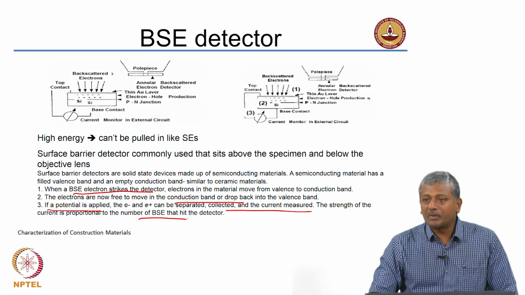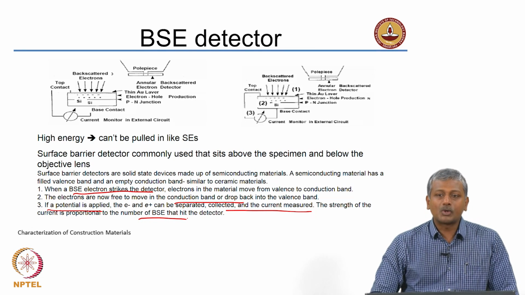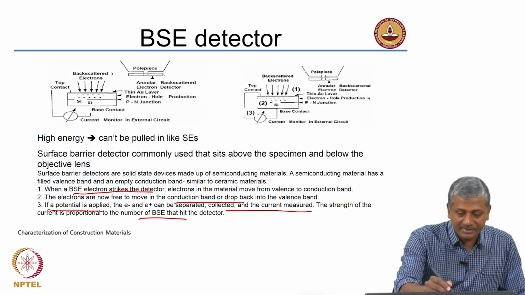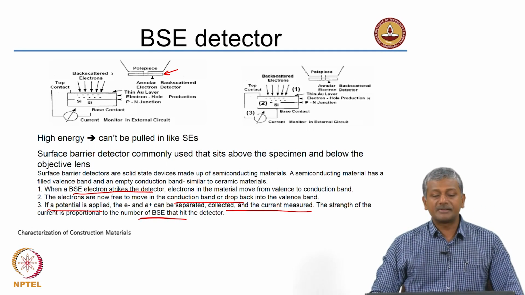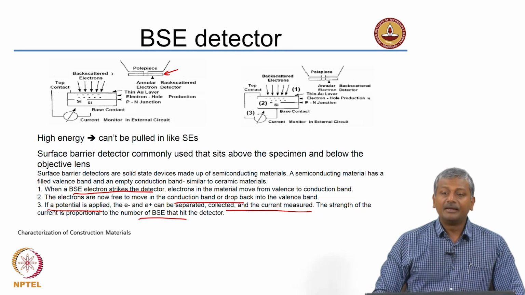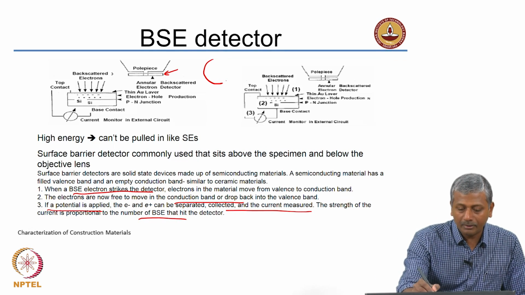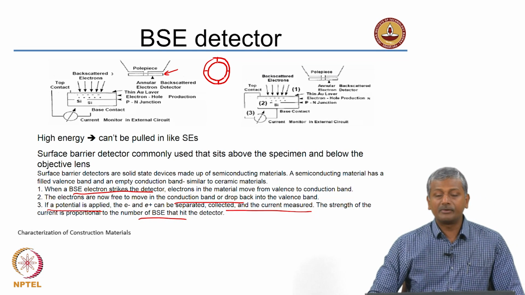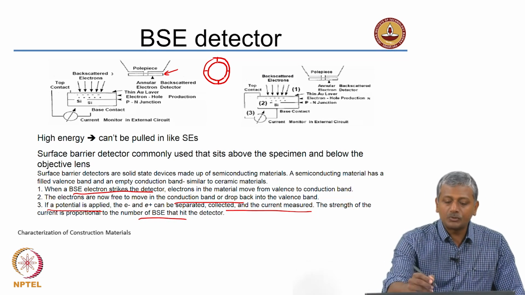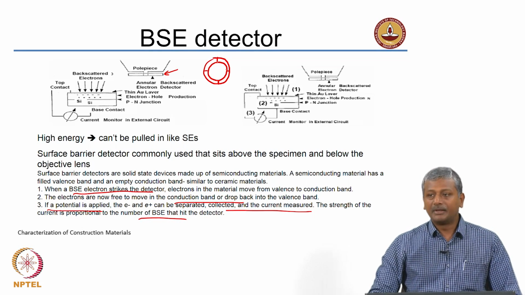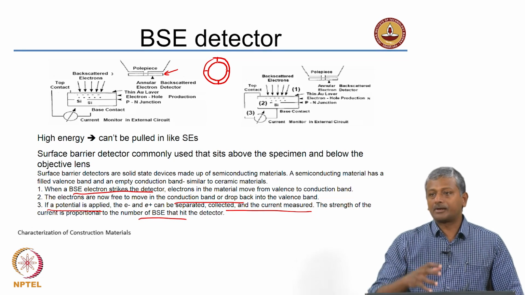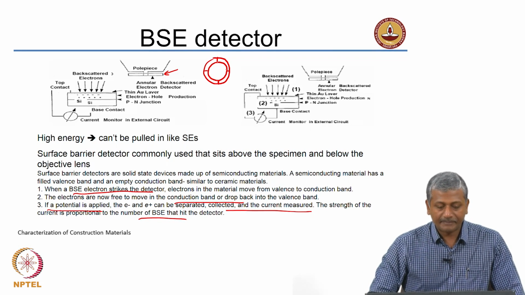Of course, you have to be a material scientist to fully appreciate how solid state devices actually work, so it is beyond the scope of our understanding here. But as I said, your backscatter detectors are typically placed around the objective lens, and generally if I draw the annular ring like this, it is usually divided into 4 quadrants. Each one of these is your solid state device. So, there is some averaging that takes place to determine what exactly is the intensity of the backscatter electrons that you are collecting in this solid state device.